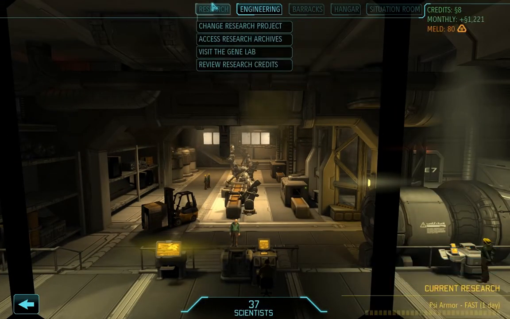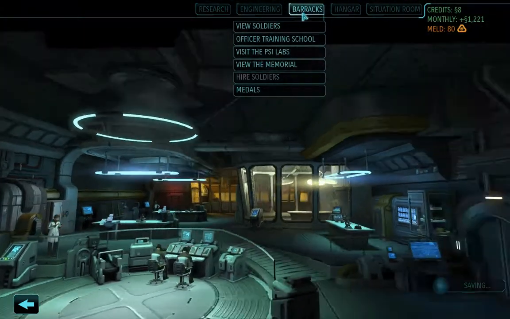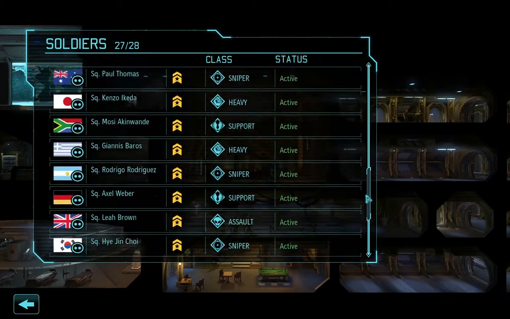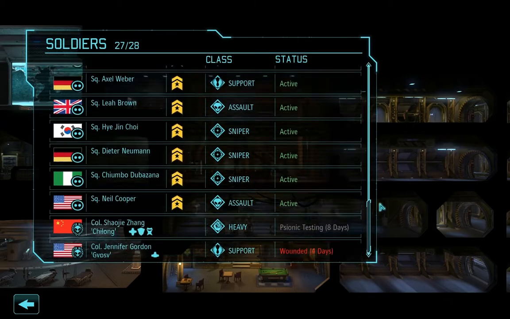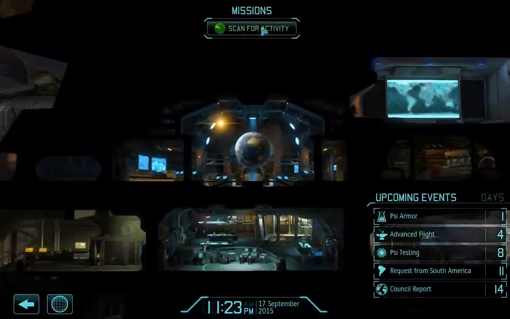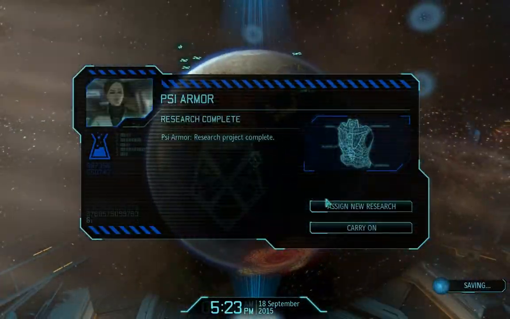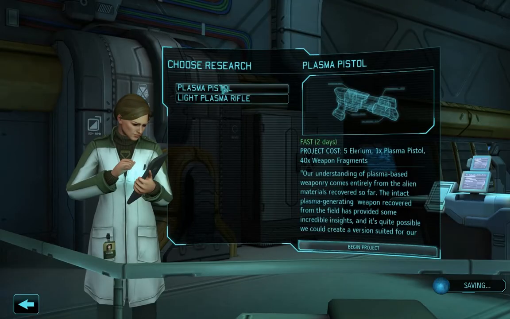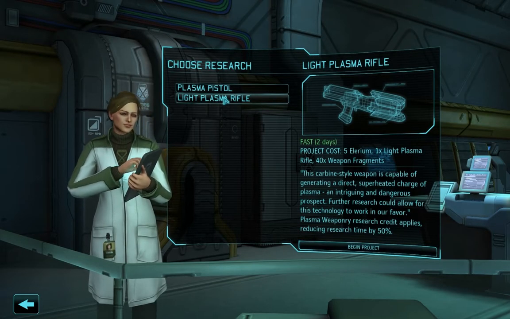I mean, I do want to gene lab more soldiers, but I just don't like the state of my barracks right now. I only have 4 of my colonels. So I want to go ahead and wait and keep scanning until I get people back before doing that. Okay, so that's done. So now, I mean, I have a choice here between...